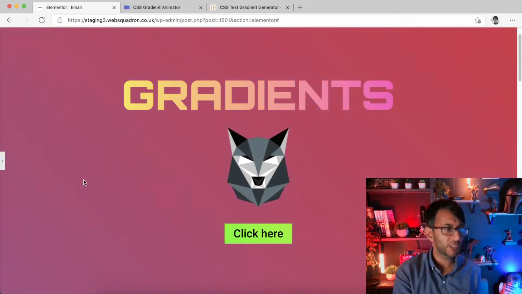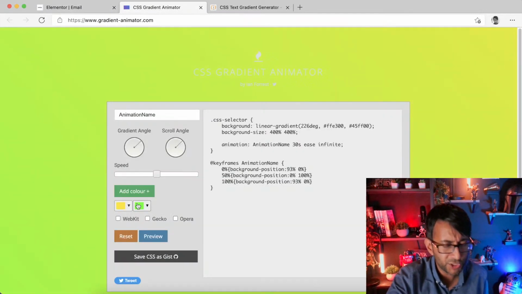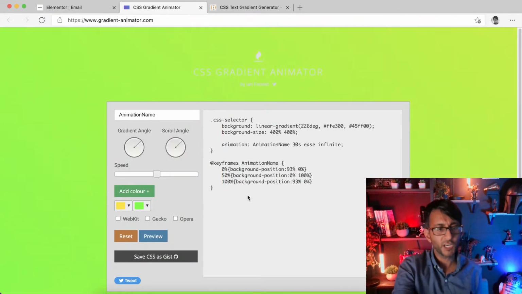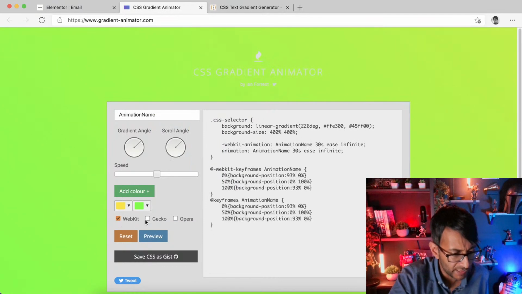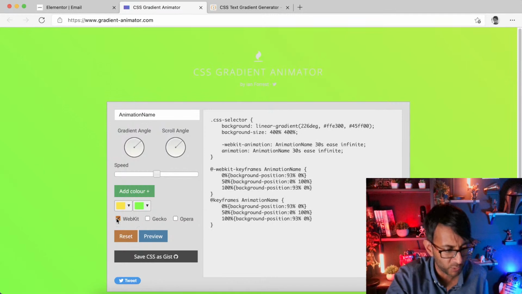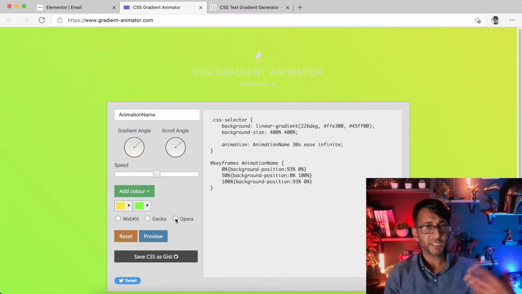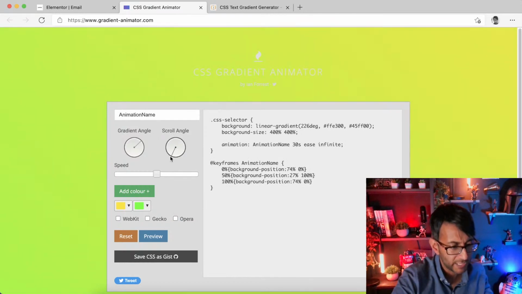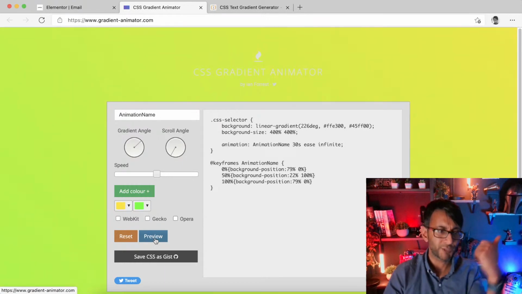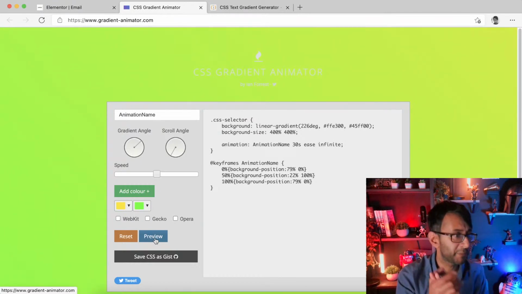remembering that everything I've shown you right now is totally free. You know, you choose your colors and you can add as many colors as you want, okay? It gives you the code. By the way, when you get it, it will look like this. A lot more code. I don't need to worry about Gecko or WebKit or Opera or any of this. You just pick your colors, pick your angles or however you want it, do your preview, check you're happy with it, dump the code into your background or your button to get